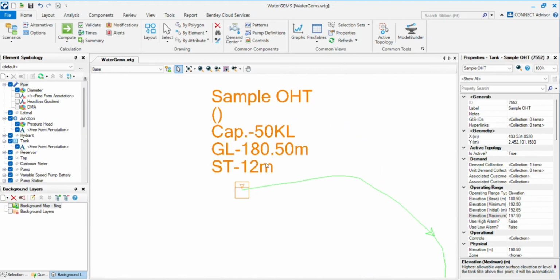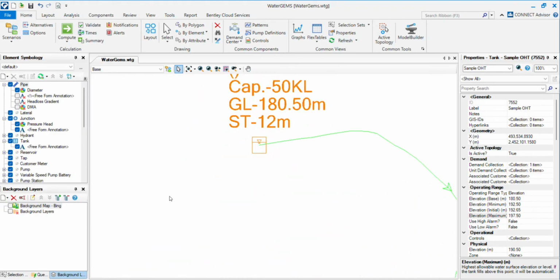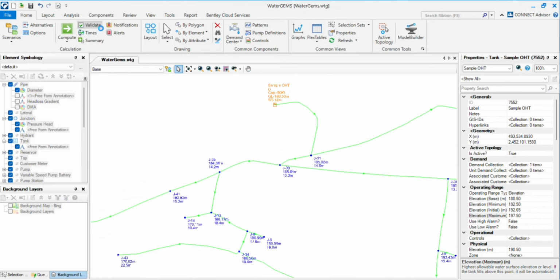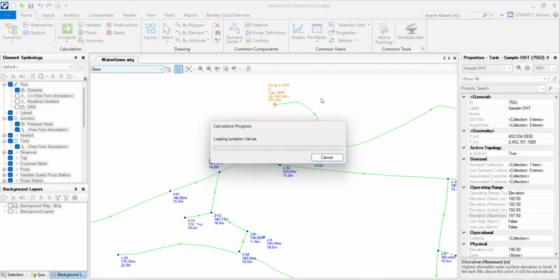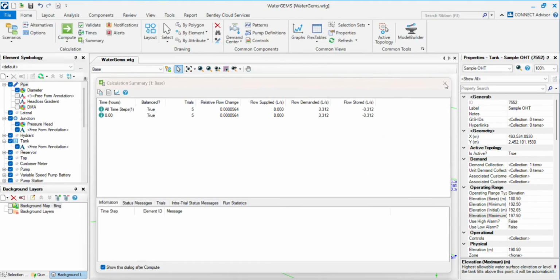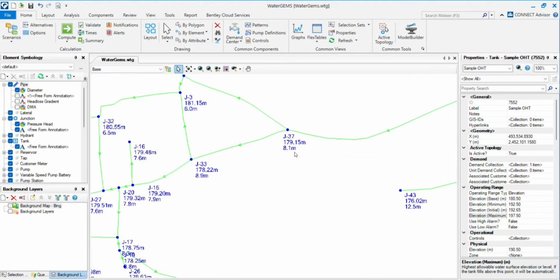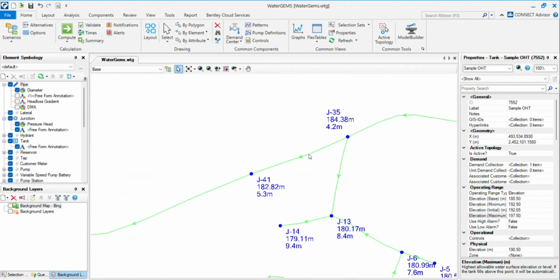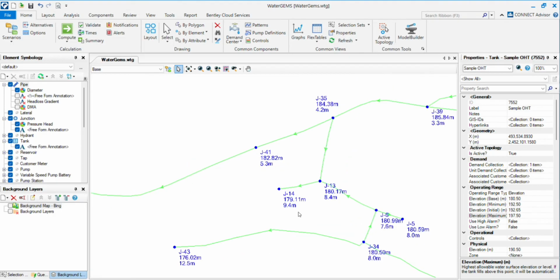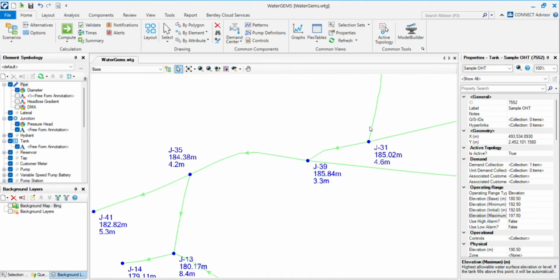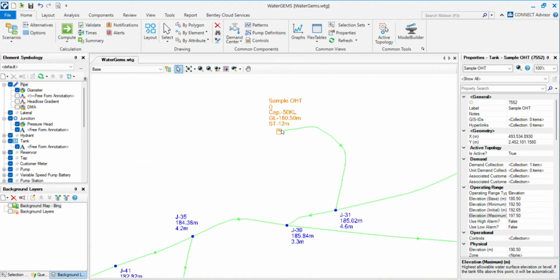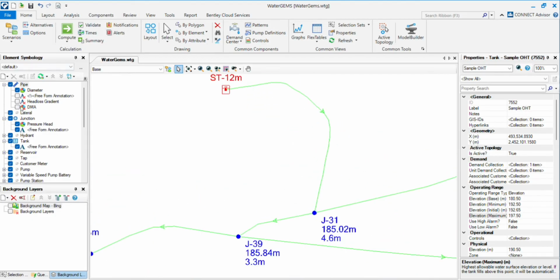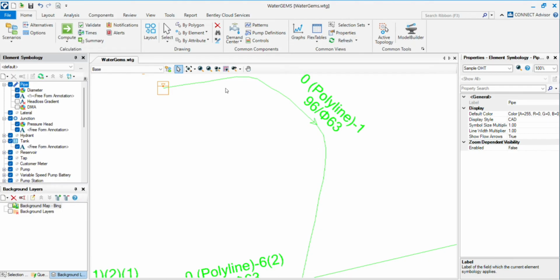So the OHT is 10 meters down. Then we have to again validate and run. So you see there is a pressure difference. We are getting 4.3, 4.2, 5.3, 9.4. So we have to increase the staging height, or we can change the pipeline size. Okay,